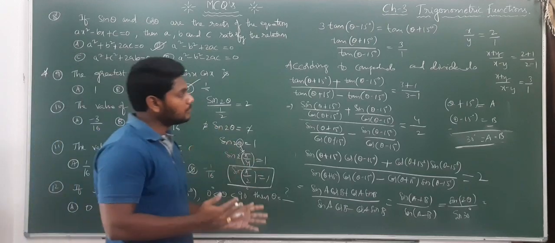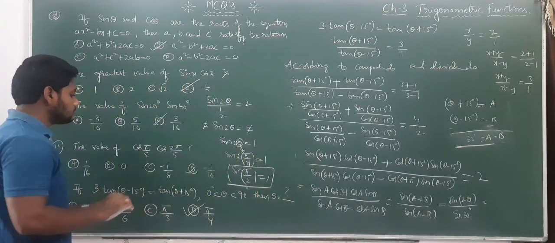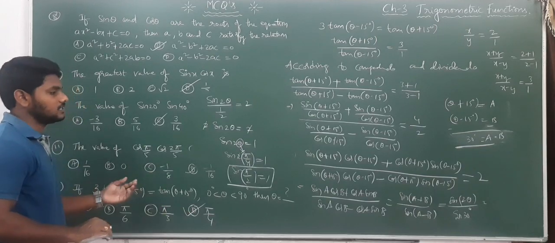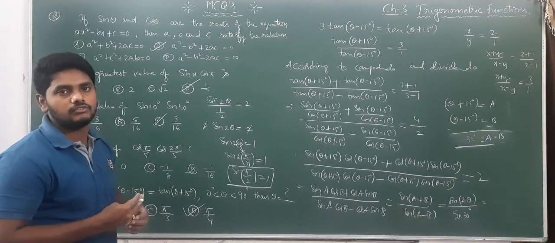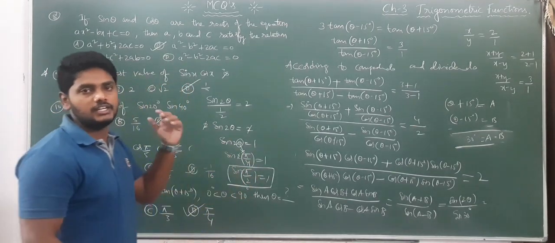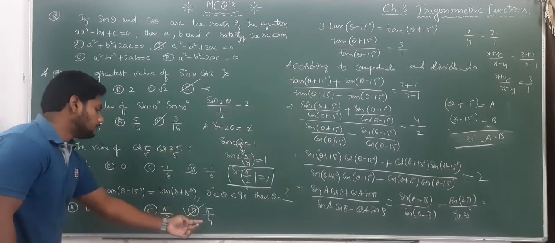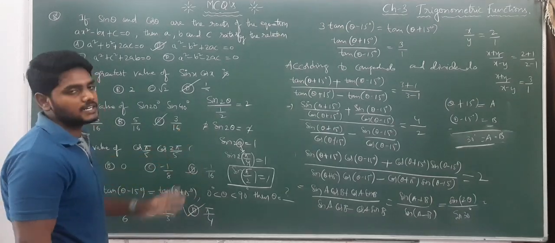This is the general method of how we need to simplify the question. But the easiest method is to substitute the options. In many maths questions, whenever we need to find x values, options are given, and we can substitute from those options only. Then we can get the answer very easily. For example, substitute and check whether it is correct or not.